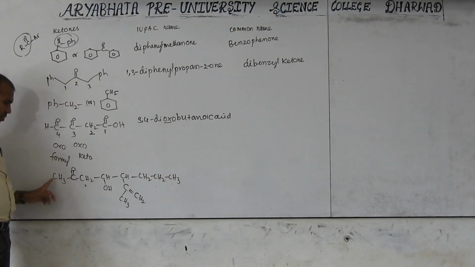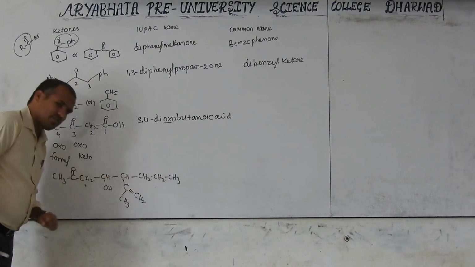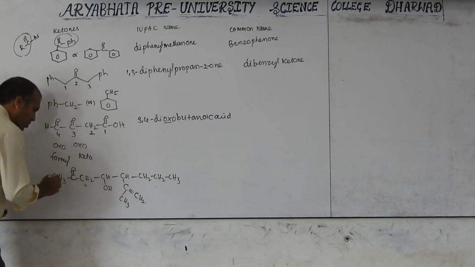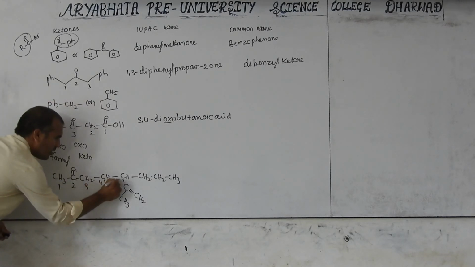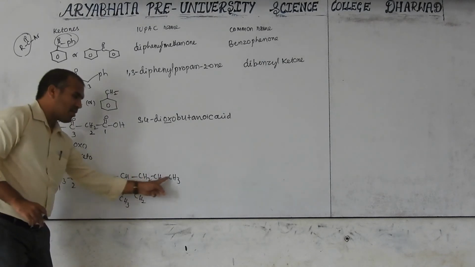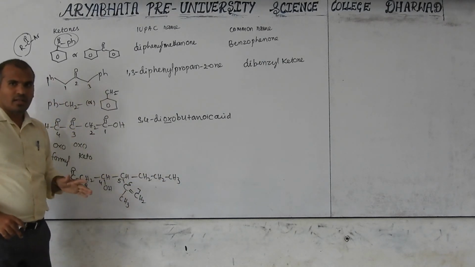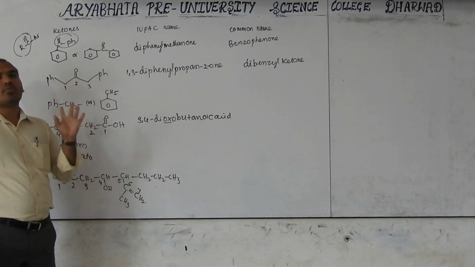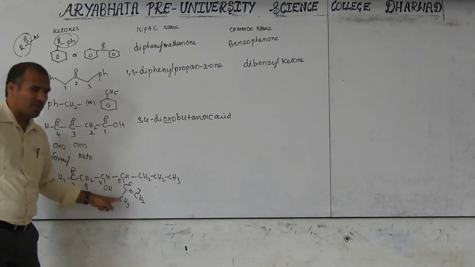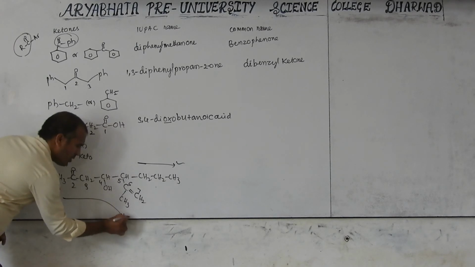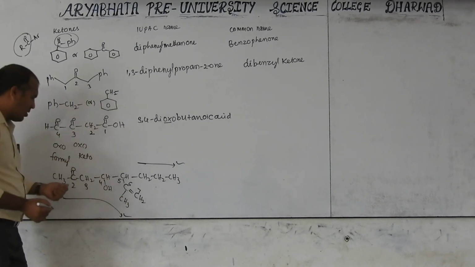Now, a very important compound. Here, choose the longest carbon chain: 1, 2, 3, 4, 5, 6, 7, 8. 1, 2, 3, 4, 5, 6, 7. Or here also 7. So, 1, 2, 3, here 4, here 5, here 6, here 7. This carbon chain is preferable. Here 8 is also there, but not preferable. Reason: the principal carbon chain should contain the more number of multiple bonds. It may be double or triple bond. That's why this is preferable, this is not preferable. Okay. Now the name. Which position do we have?